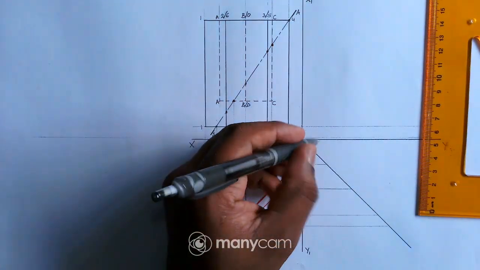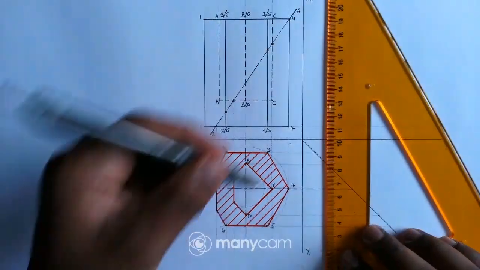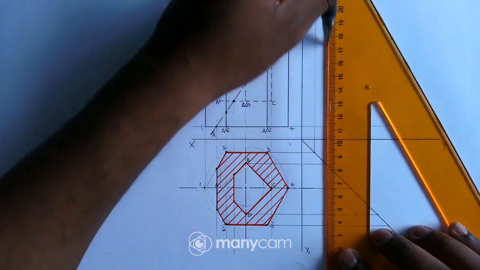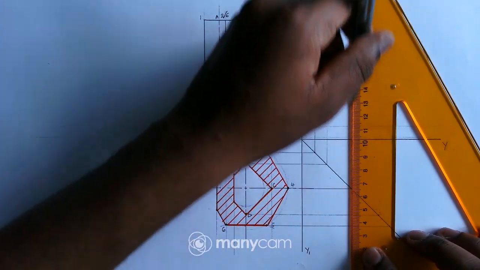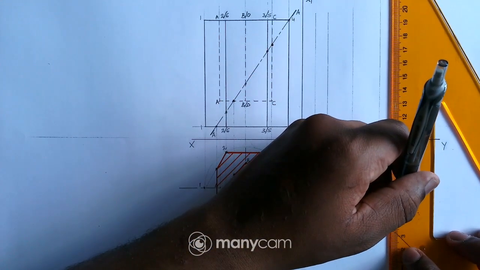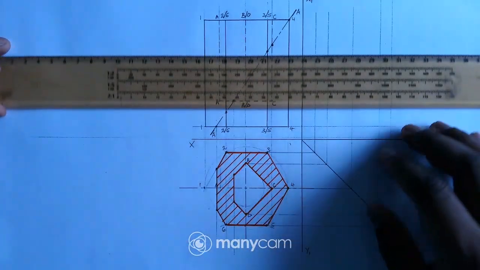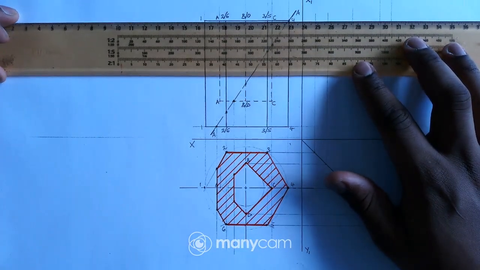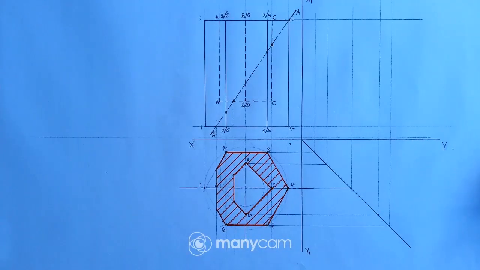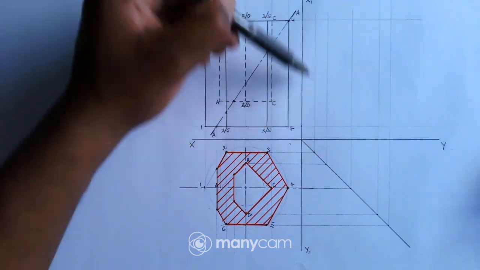Then from here I have to project those points up, just like that. Okay, and then we do have the height there, so I have to project the height there, just like that.